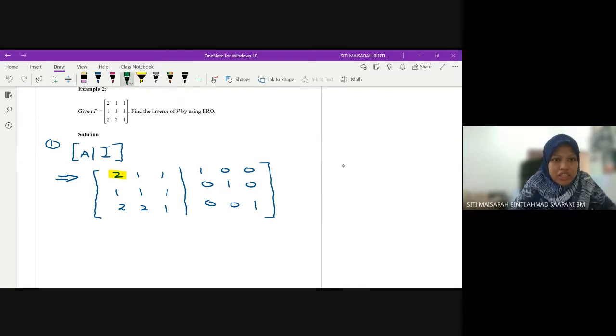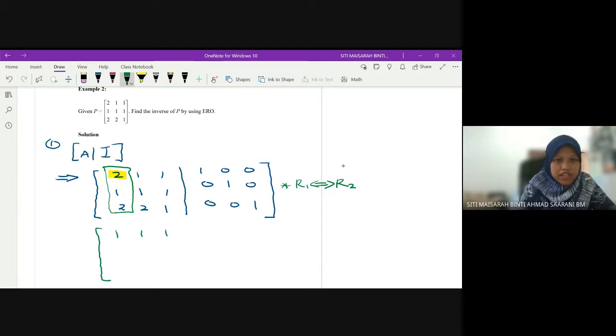Okay, kalau kita tengok pada row lain, kita tengok kat sini, we have element first row is 2, second row is 1, third row is 2. So then to become 1, we can interchange row 1 with row 2. Ini paling mudah nak dapat kalau kita boleh interchange. Okay, so then we interchange row 1 dengan row 2. So then we get